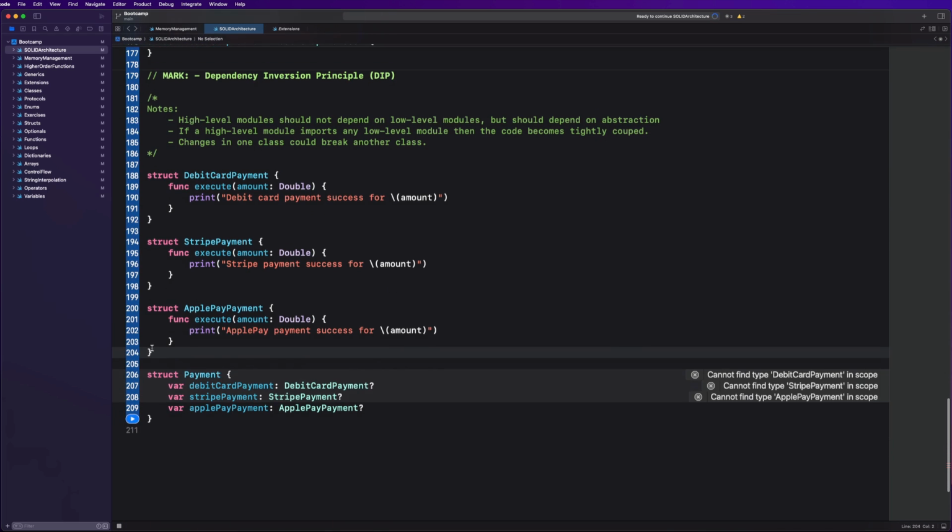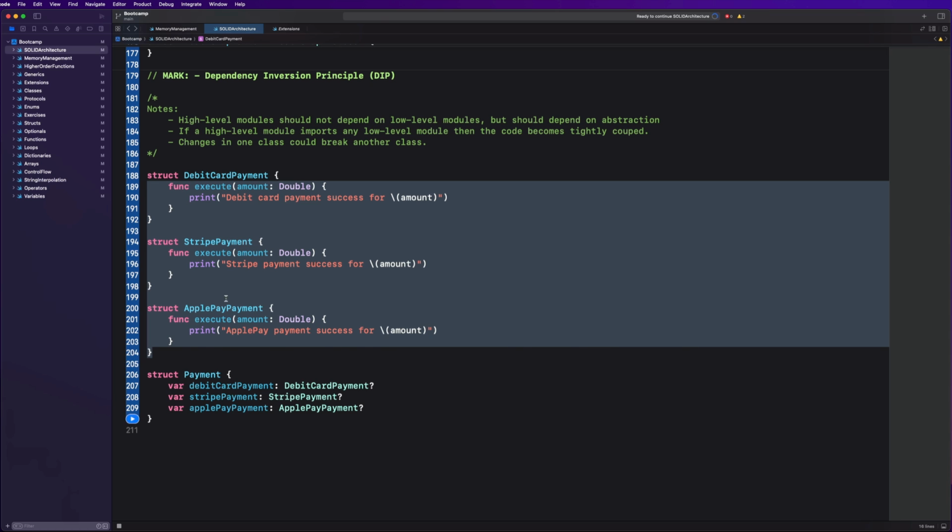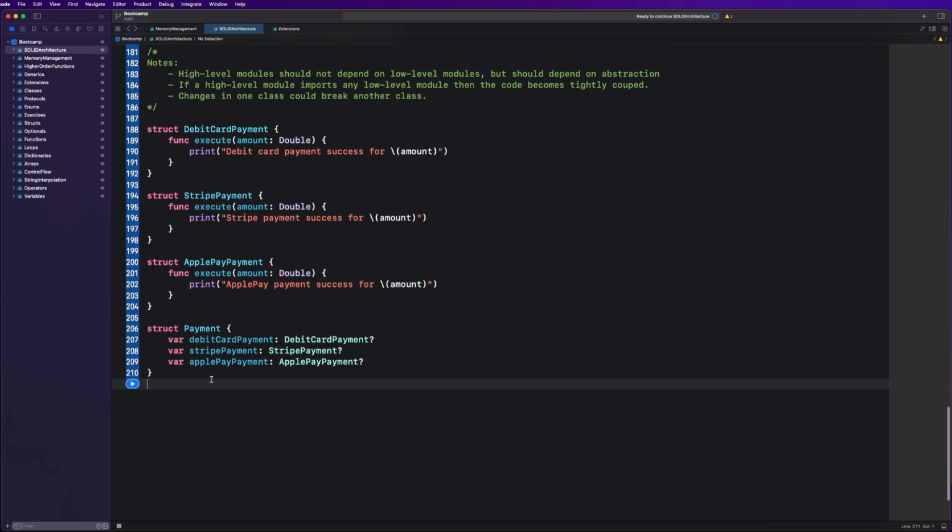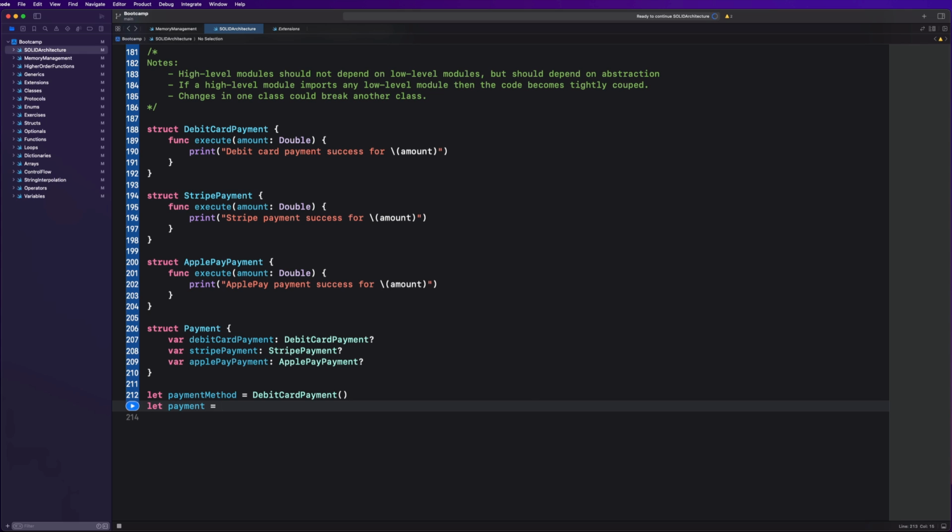We have all of this stuff here: debit card, Stripe, and Apple Pay payment. So let's go ahead and take a look at what it would look like to initialize this payment structure. Let's imagine we wanted to execute a debit card payment, like the user selected that option, right? So let's say let payment method equal debit card payment, let payment equal payment,